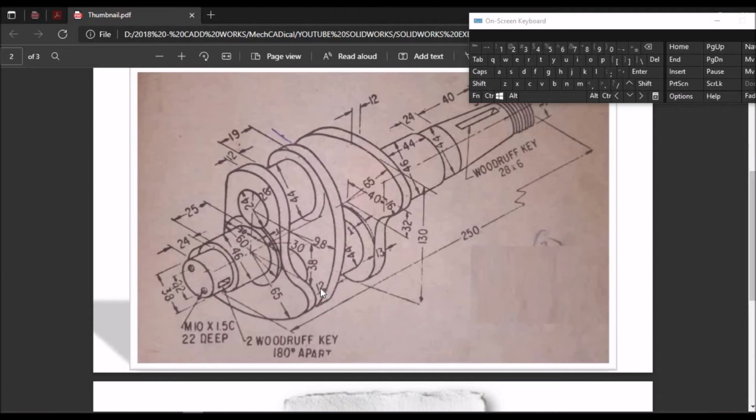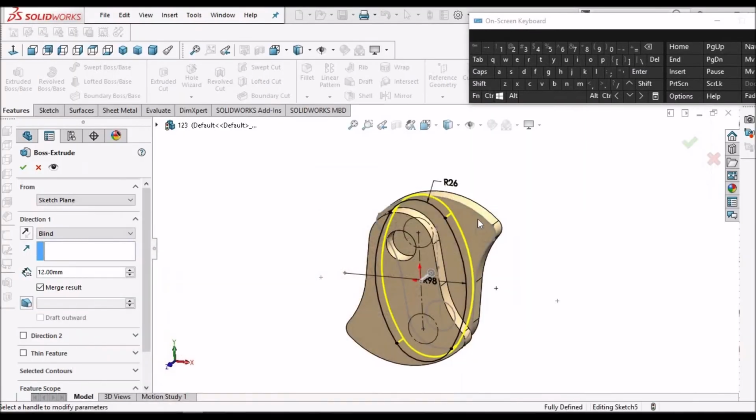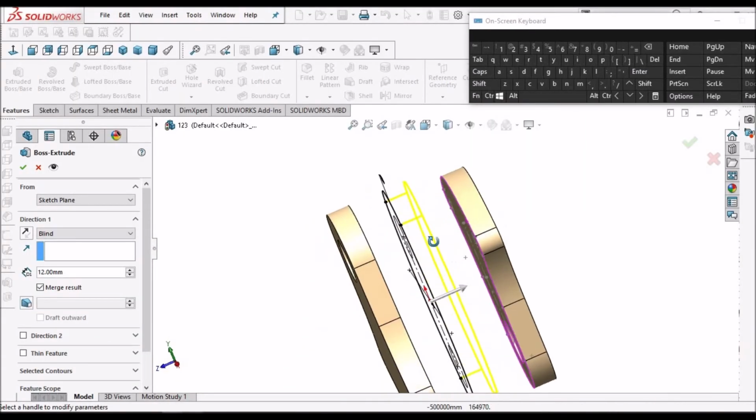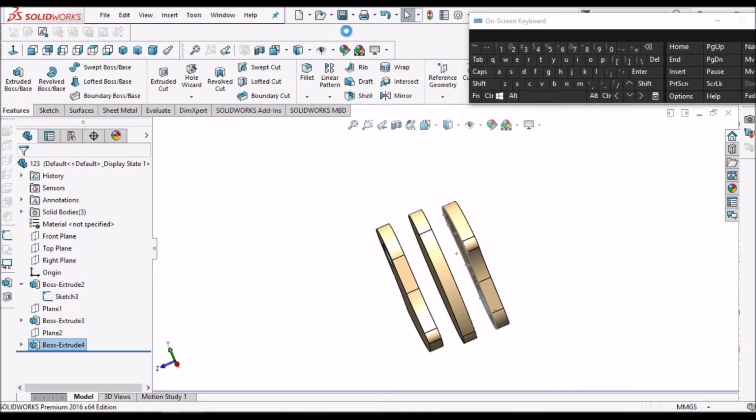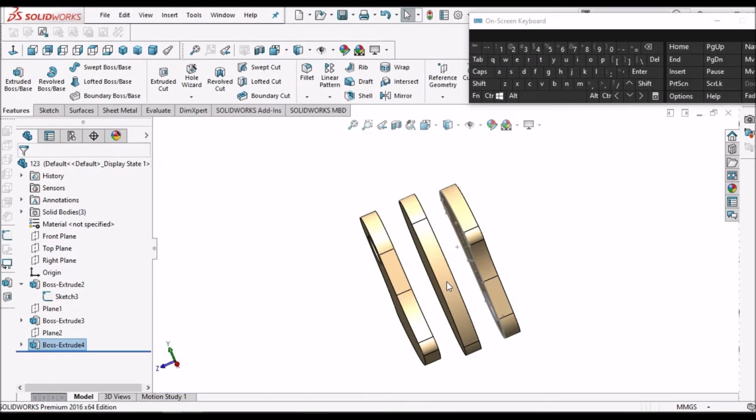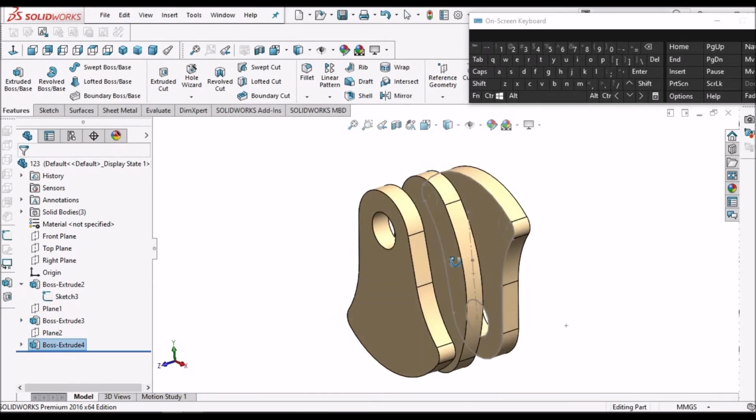So the distance is 12, so we have to extrude the other side. Say okay.